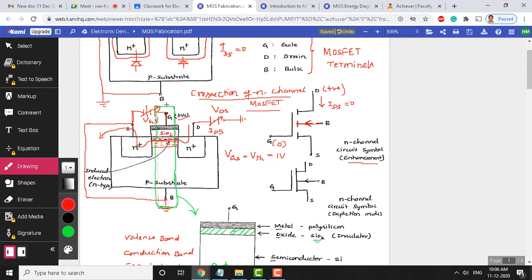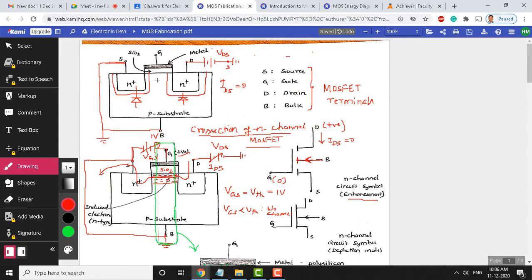So, that means when we apply VGS as 1 volt here, this is the amount of voltage between gate and source required for the formation of channel here. If VGS is less than VTH, no channel is induced. So, let us write it here. For VGS less than threshold voltage, this implies no channel formation. There is no induced channel here. The device looks somewhat like this, no induced channel.